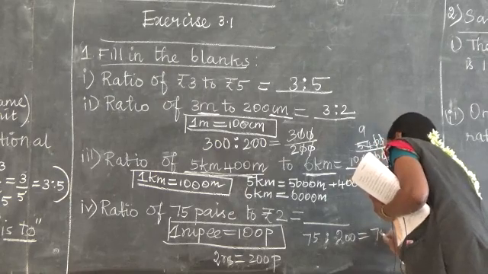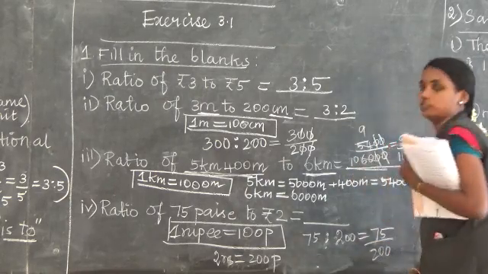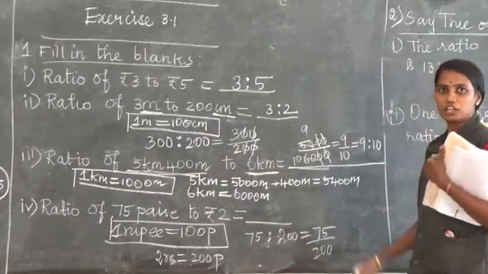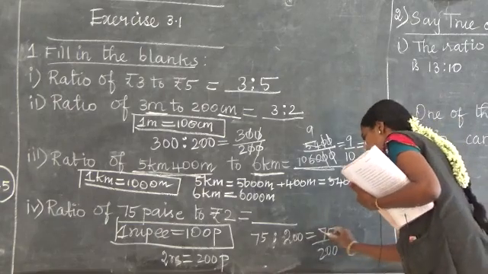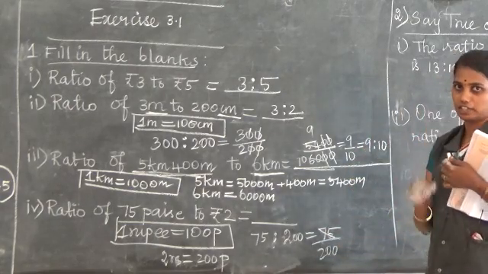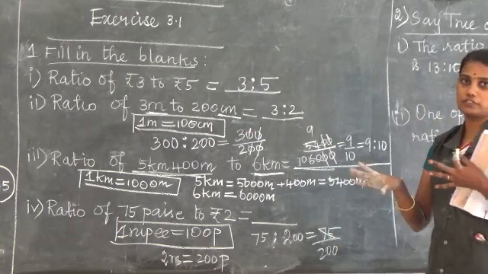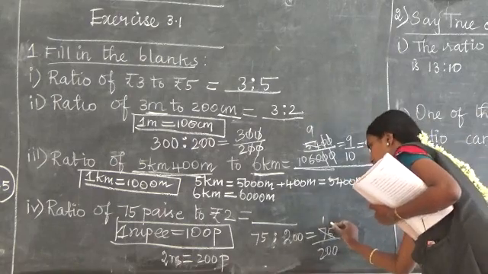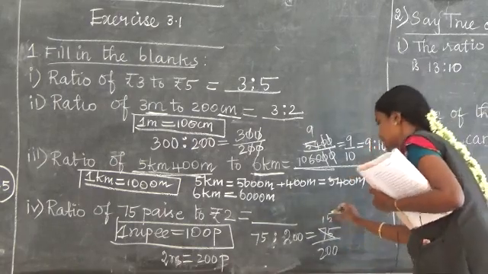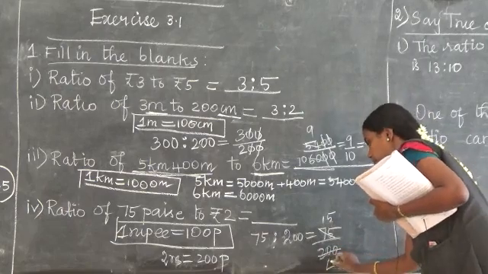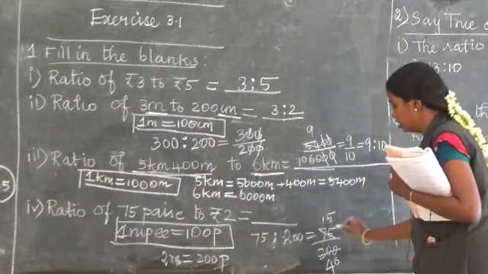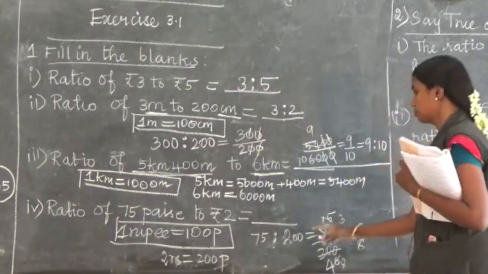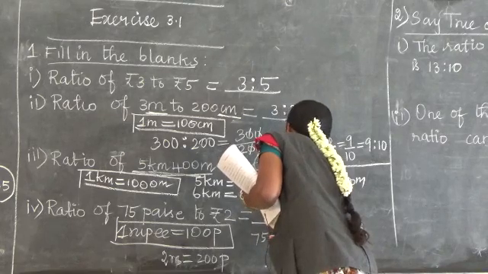Now go for the fractional form. You all know the 5 table. With the 5 table or the 25 table you can cancel. 25 table means 25 3s are 75. It is very easy. If you don't know the 25 table, you can go for the 5 table. 5 ones are 5. Remainder 2, 25, 15. Here 5 4s are 20, 0. Again you can cancel. 3, here 8. 3 by 8. 3 by 8 can be written as 3 is to 8.